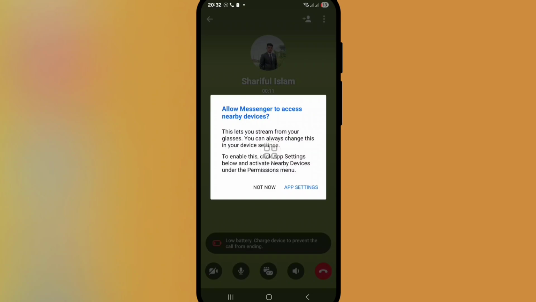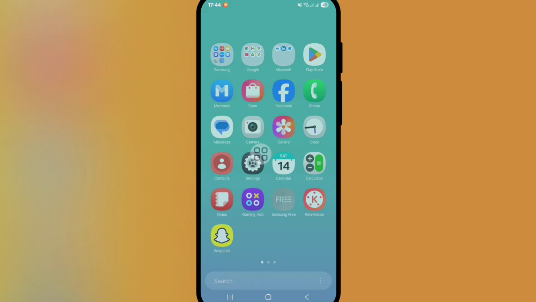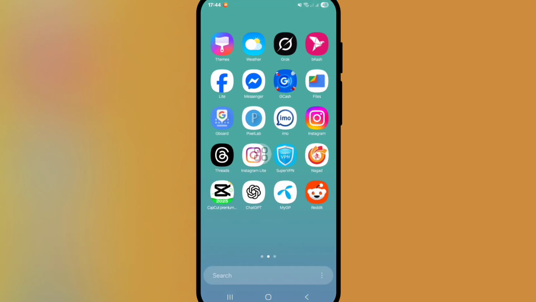Hello viewers, in this tutorial I'll show you how to fix the Messenger call "Allow Messenger to access nearby devices" error problem. So let's see how to fix this problem. For fixing this problem, first of all go to settings,